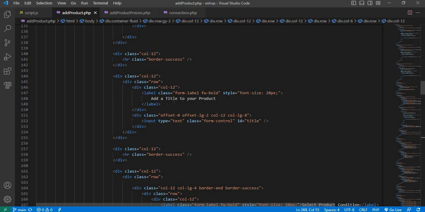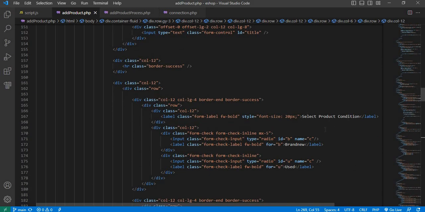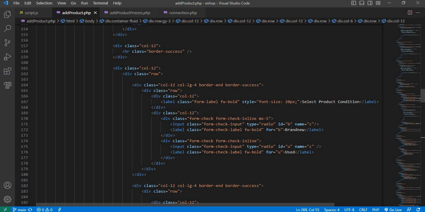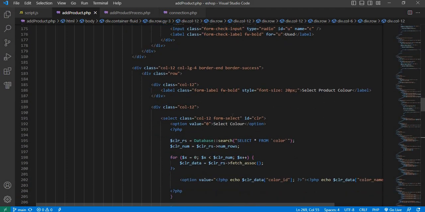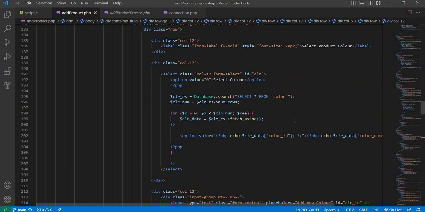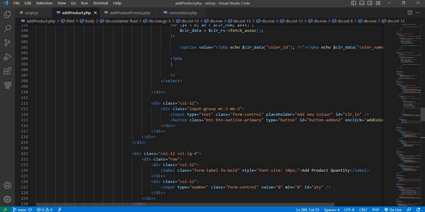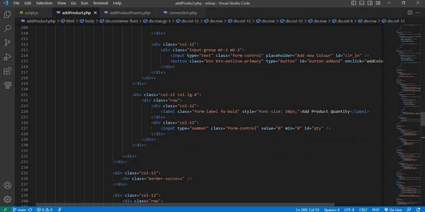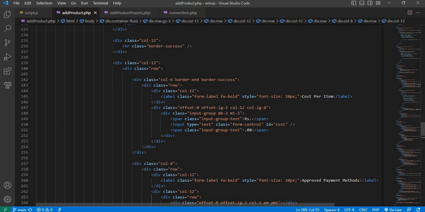And next, for the input field of the title of the product, I have given an ID title, and to select the product condition, I have given ID B for brand new, and ID U for used. And to select the product color, I have given the ID color, and if we are going to add a new product color, that means the ID is color underscore in. And to add the product quantity, I have given the ID QTY quantity, and to add the cost per item, I have given the ID cost,